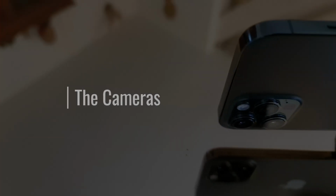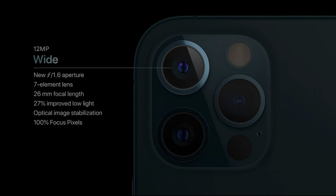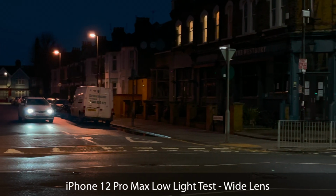The iPhone Pro has 3 rear cameras, ultra-wide, wide and telephoto. All 3 cameras use 12 megapixel sensors. The main difference between the Pro Max and other iPhones is the size of the device's main camera sensor, which is 47% bigger. A bigger sensor means it's better in low-light conditions, as well as producing a shallower depth of